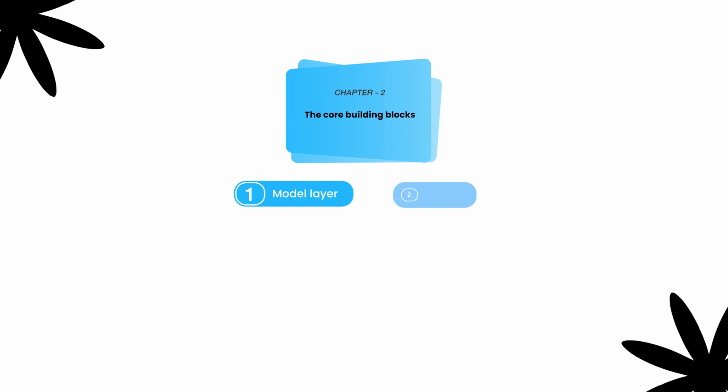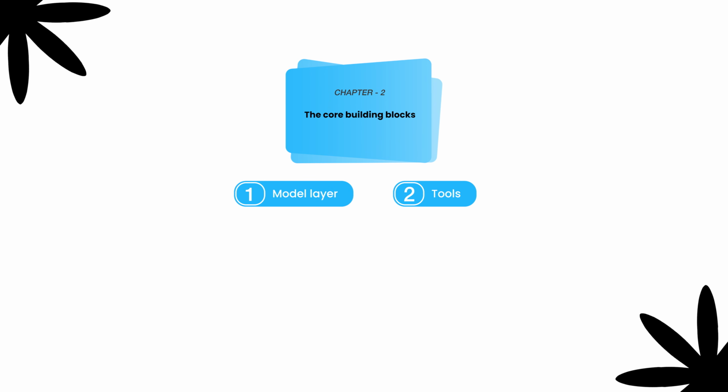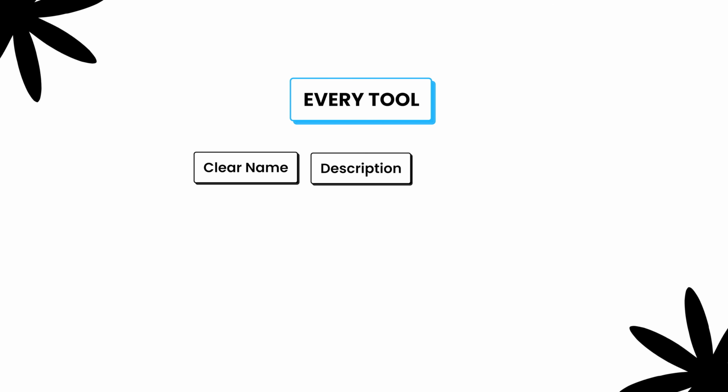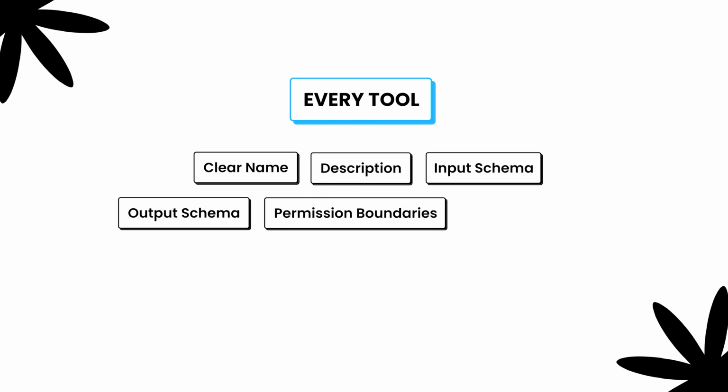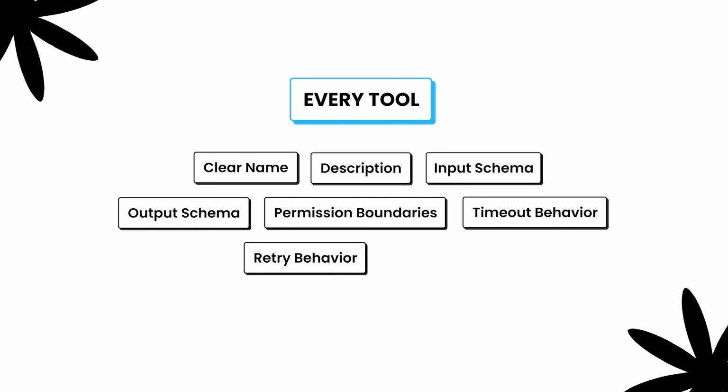Now that leads me to the second building block, which is tools. Tools are basically the interface between the model and the external world. A tool can be a database lookup, a CRM API, a calendar API, a payment API, a code interpreter, an internal search service, a ticketing system, a Slack action, a Google action, or any backend function that the agent is allowed to call. In production, tools should be designed like APIs with strict constraints. Every tool should have a clear name, a description, input schema, output schema, permission boundaries, timeout behavior, retry behavior, and error format. This is important because models should not be allowed to send arbitrary instructions into your backend.